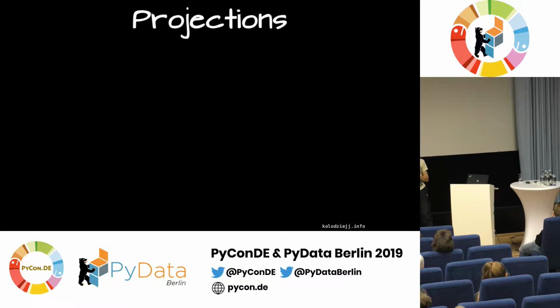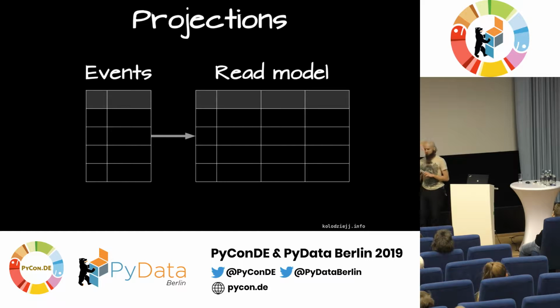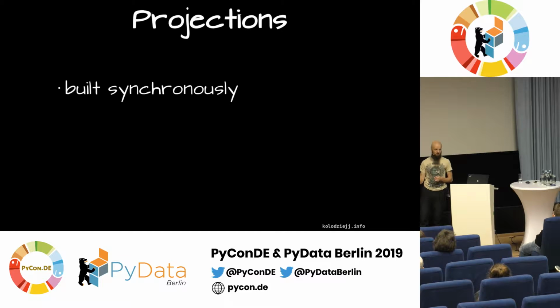And what these are, they are a stored result of any function over events, any subset of events you want. And this may take the simplest form of, for example, a data table with one row per aggregate. This is a simple example, but you can have it any way you want, store it anywhere you want. It doesn't need to be the same database. If it is in the same database, and if it is in a one row per aggregate form, you can